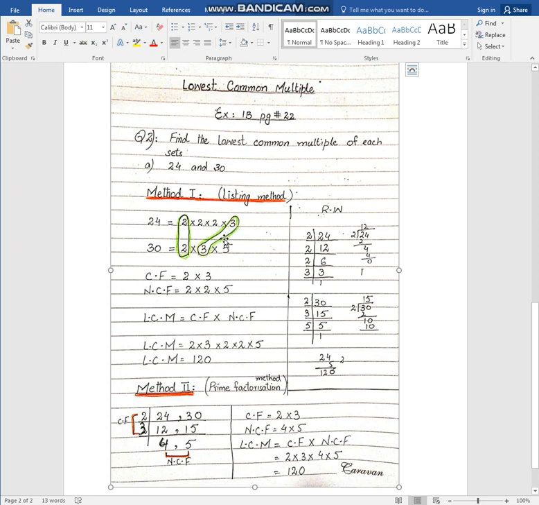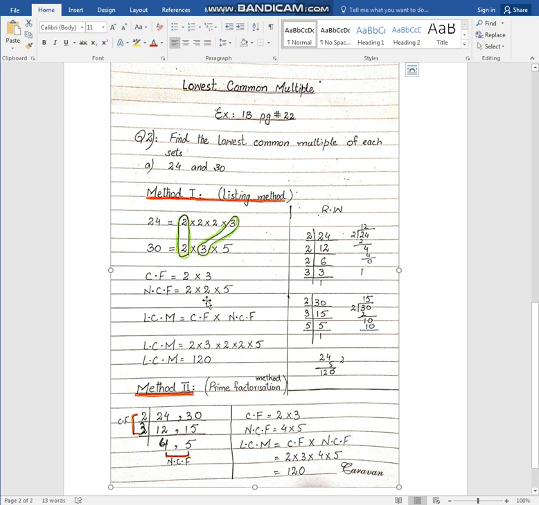अब ये 3 देखें, इस 3 से मिल रहा है. We'll make a pair. क्लियर, और ये 5 एज इट इज़ आ गया। तो कॉमन फैक्टर्स हमारे पास कौन कौन से हैं जो मैच हो रहे हैं? ये देखिए, ये एक दफ़ा इधर आ गया और ये भी एक दफ़ा यहाँ पे लिख देंगे, 2 मल्टीप्लाई बाई 3। और नॉन कॉमन फैक्टर्स 2 मल्टीप्लाई बाई 2 मल्टीप्लाई बाई 5। NCF स्टैंड्स फॉर नॉन कॉमन फैक्टर।